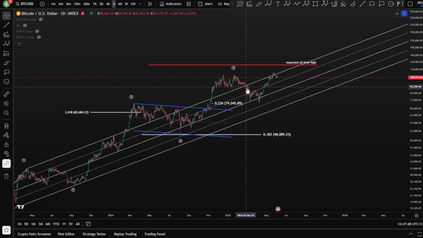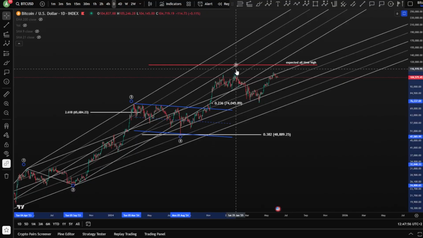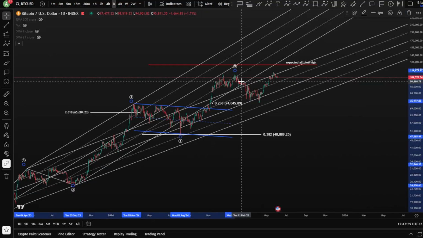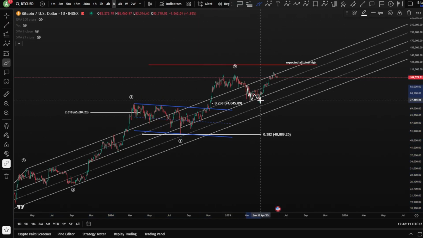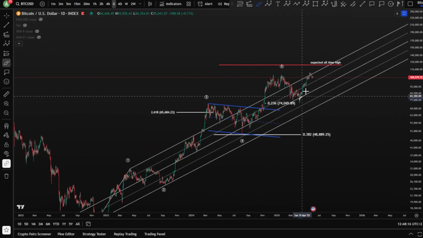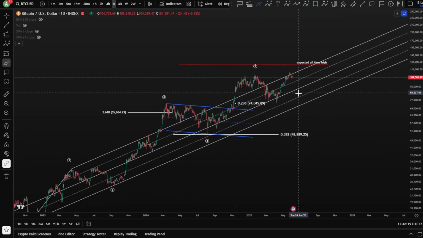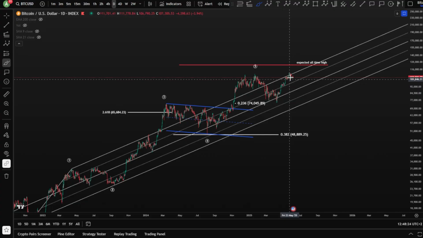Now after that we got a very complex structure, where we have already hit our acceleration channel for wave 5 very nicely, and it has started to move outside of it with a very complex corrective structure, even breaking the base channel later on, and also ranging inside this base channel again. And currently we are estimating, in case we're still moving toward the upside, that what you would like to see first is a break of the high of this base channel, which did